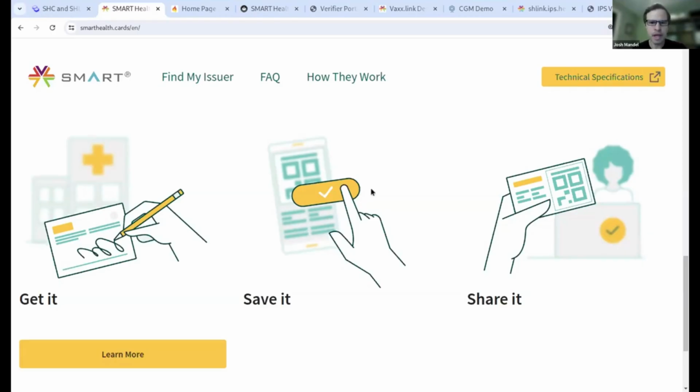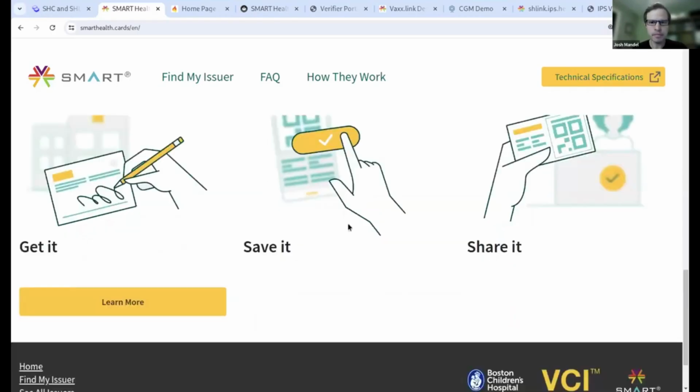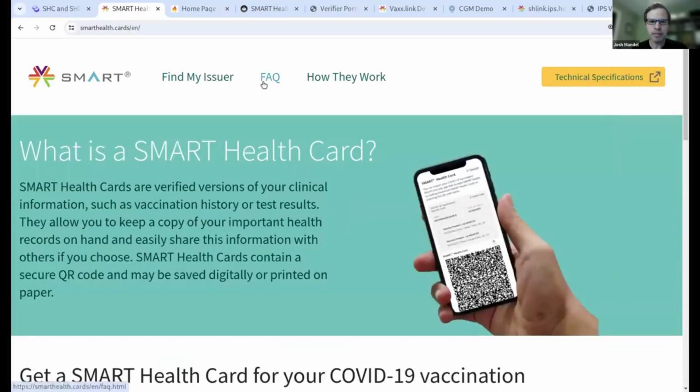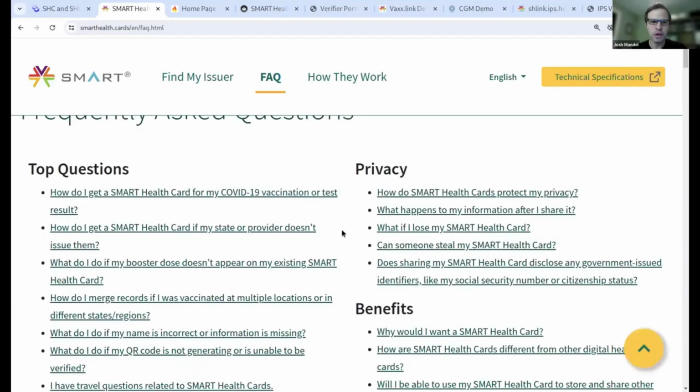And that will be a common theme in terms of being able to print out and share access to health information. This specification also helps consumers understand some of the limitations around health cards. So when you share a smart health card with information about yourself, it's a lot like showing somebody a physical document like a driver's license or a printout of your health record. Once they've seen it, you don't have any technical mechanism in place to prevent them from misusing that information.